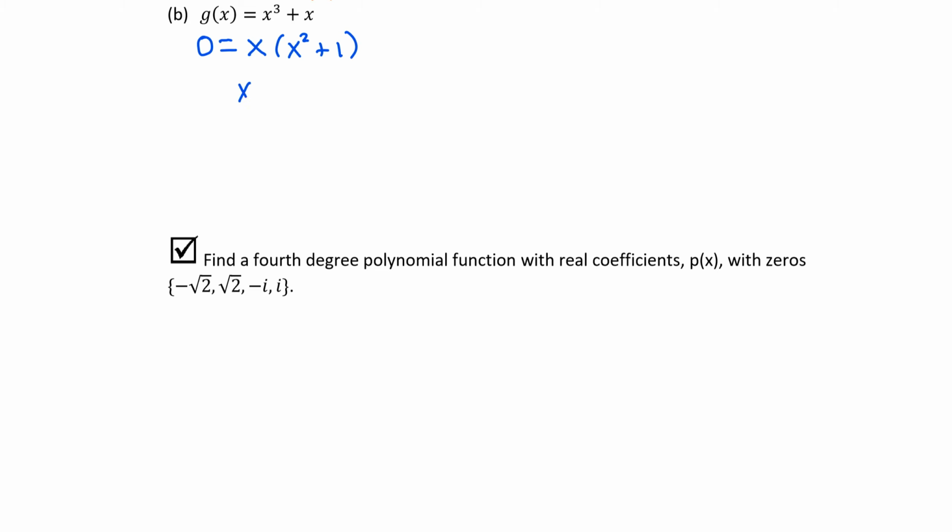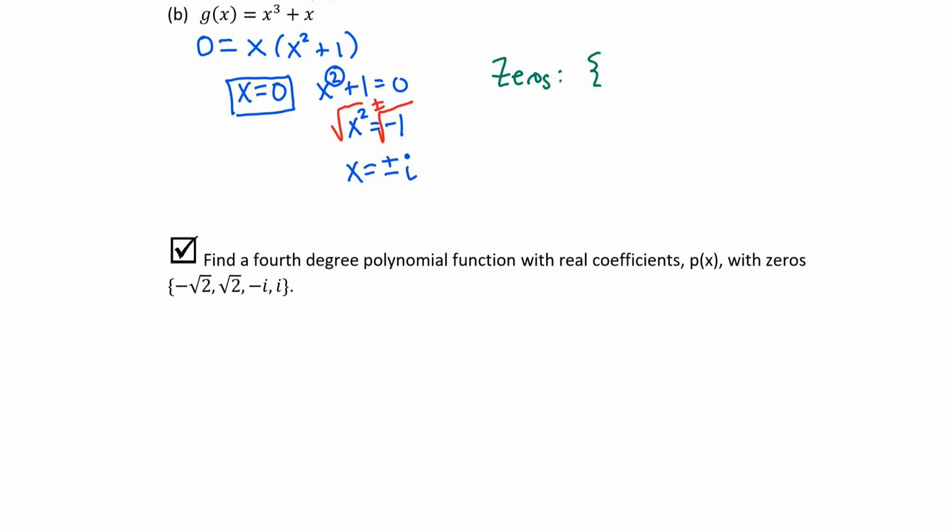So to solve this one, I'm going to set each factor equal to 0. Notice there's one rational 0. From this second equation, we're expecting 2 answers. Let's isolate the x squared and then apply our square root property to both sides, not forgetting plus or minus, to notice x equals plus or minus square root of negative 1. Well, the square root of negative 1 we generally represent as i. So we have 1 rational 0 and 2 imaginary zeros. So in our solution set here, we have 0, negative i, and positive i.